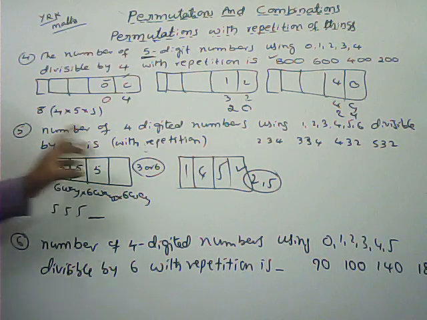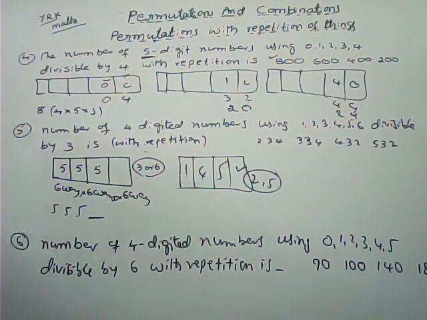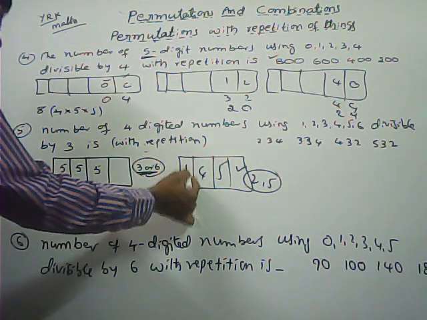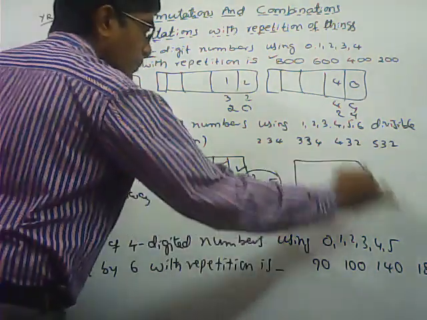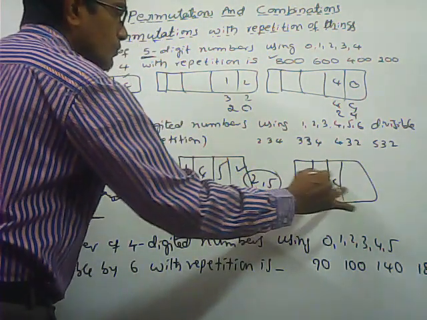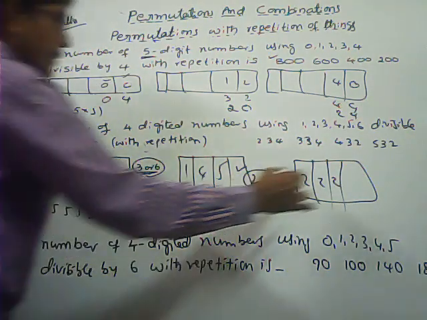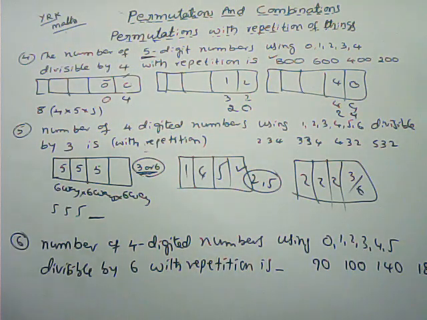This one depends upon the sum. You can take the digits, but everywhere we are getting 2 only. Either 3 or 6 here. If I keep 1, 4, 5, I am getting 2 or 5. For example, if I keep all the 3 digits as 2, 2, 2, then 3 twos are 6. Either 3 or 6 we can keep. 6 plus 3 is 9, 6 plus 6 is 12. Both are divisible by 3.